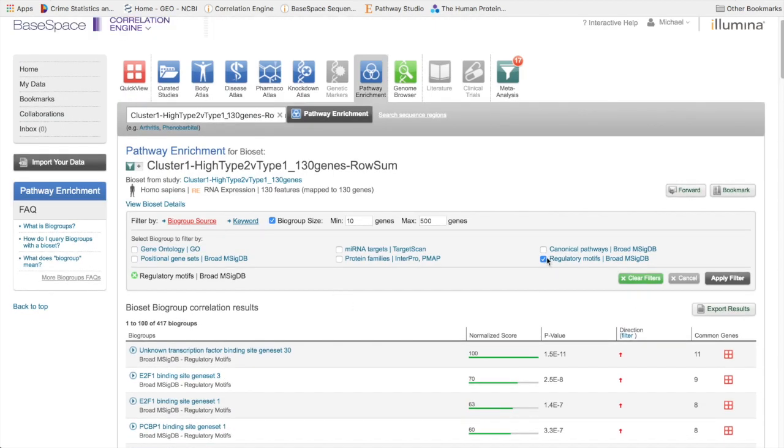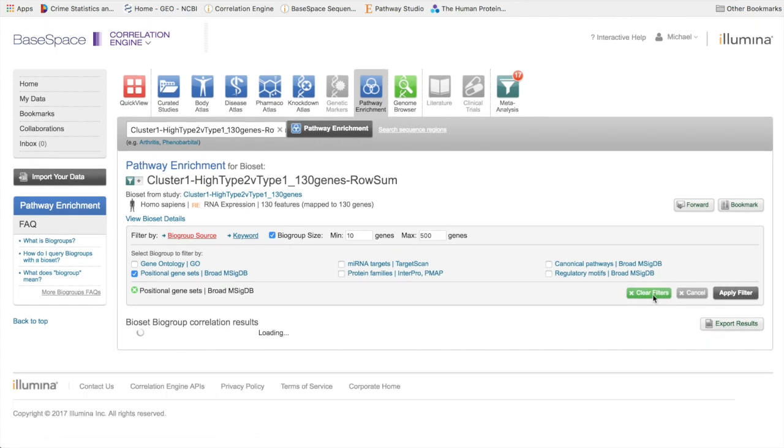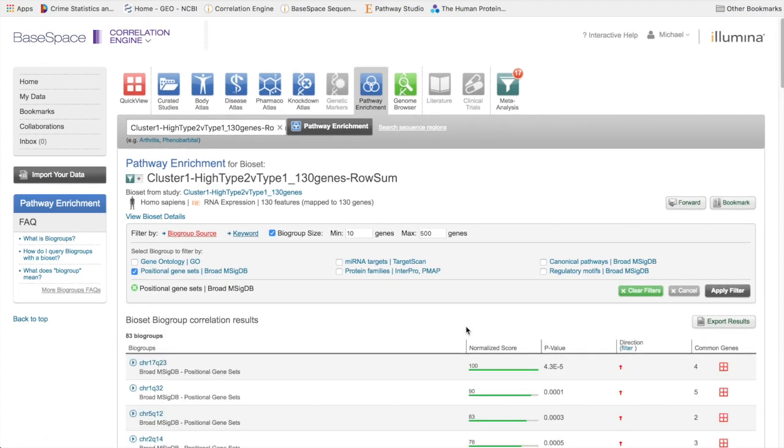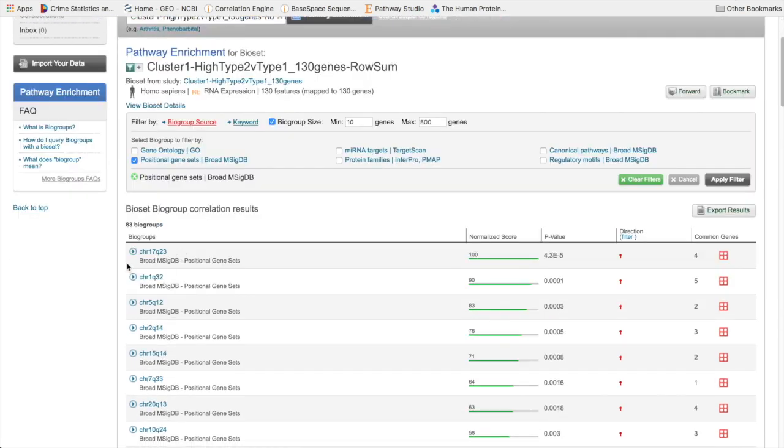Another good category here are positional gene sets, and I see that a lot in cancer. You see a lot of copy number alterations. So a lot of times when you'll see groups of genes in the same area of the chromosome, this might be something that you might be interested in. We can apply this filter. And as we look down here, the first one is chromosome